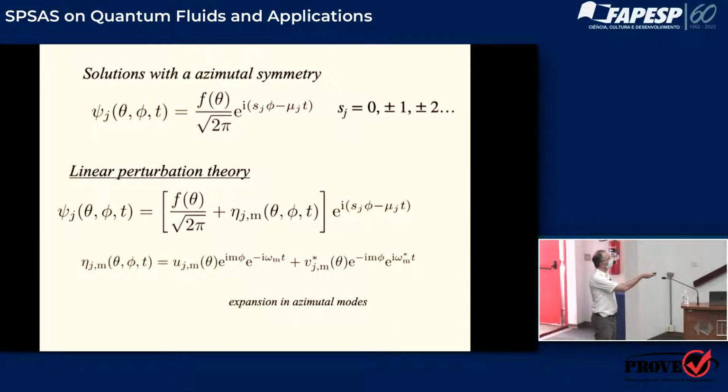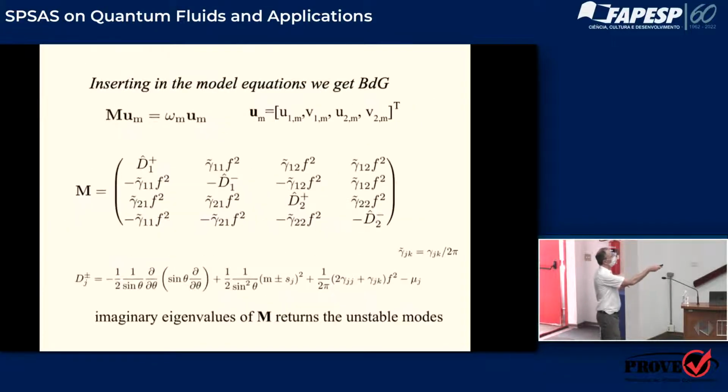So if you insert it in the model equations, we get the Bogoliubov-de Gennes equations. These equations are for the perturbation, in fact, u is a perturbation, and you build up on those ground states,